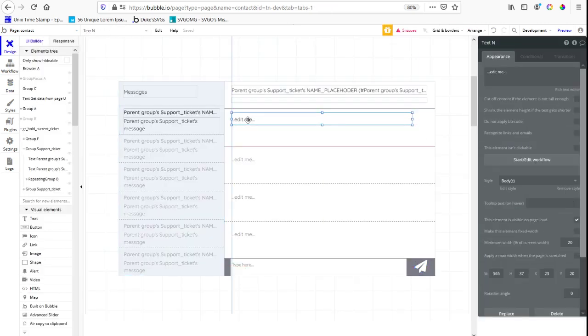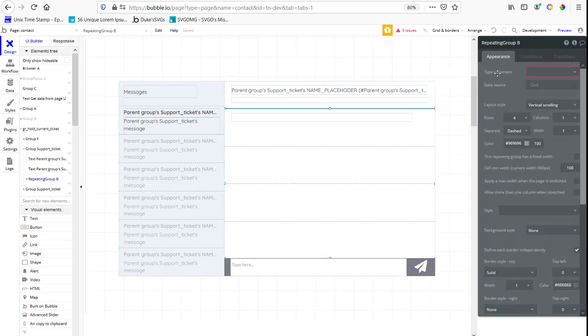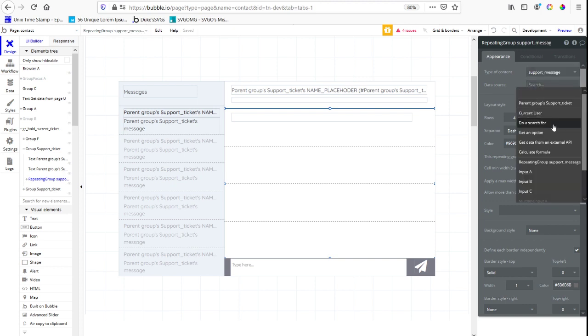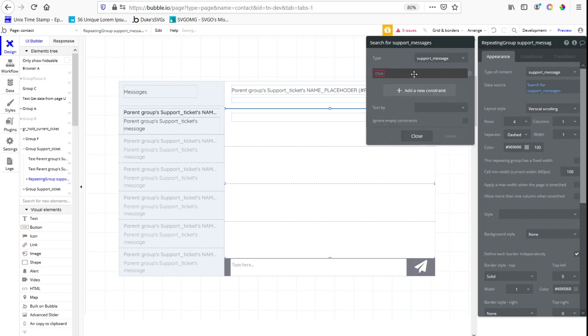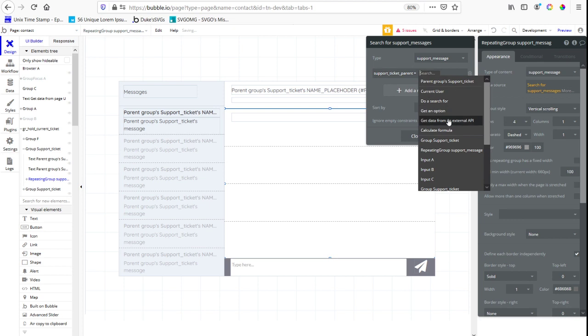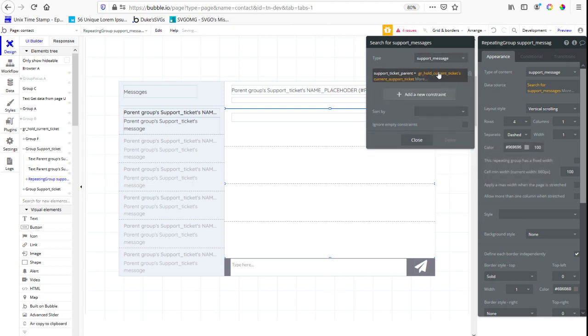Okay, and then we're going to go here and we're going to say, okay, creator, whoever the creator is. Which app is this? Okay, we're going to go here is going to be support messages that we just created, and we're going to do a search for support messages, of course. And the constraints will be that the support ticket parent has to be whichever one is currently selected. And if you remember, we have the one currently selected in group hold,